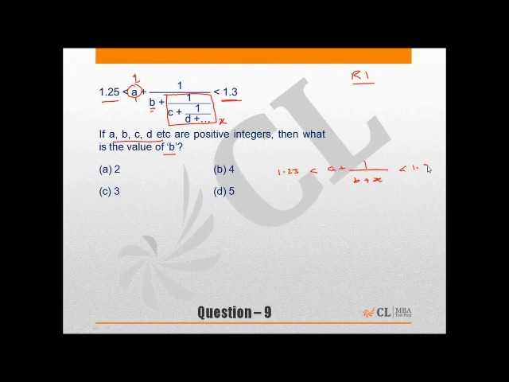And this has to be less than 1.3. Or in other words, because A is equal to 1, if I subtract 1 from both sides, 0.25 should be less than 1 upon B plus X,